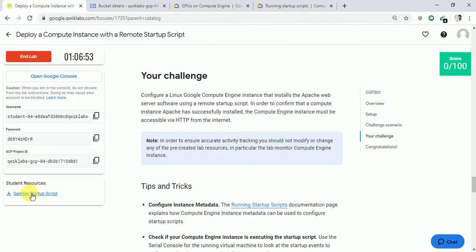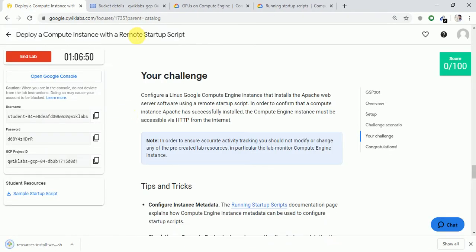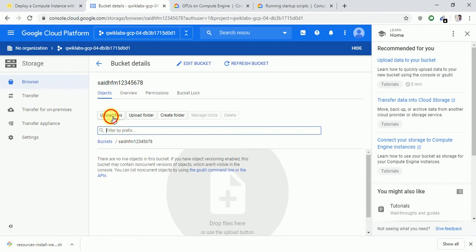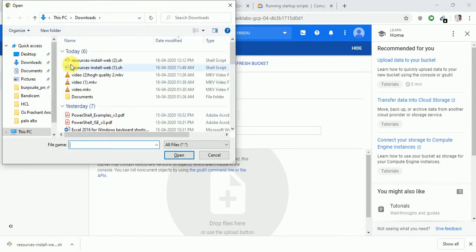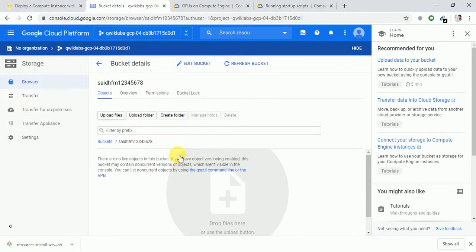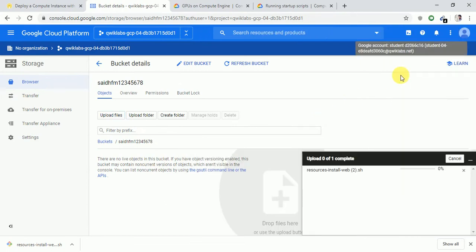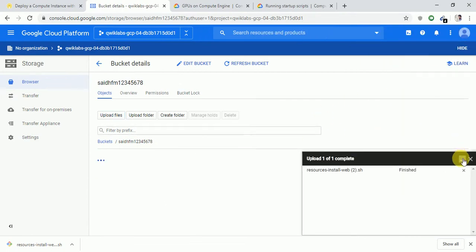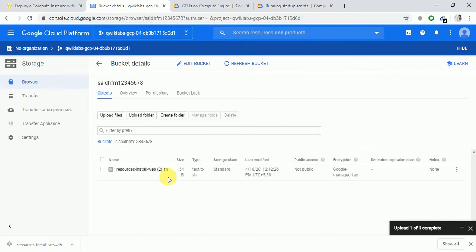For that I will download the sample script. The upload has been completed. Now the main important thing is that you have to rename the file.